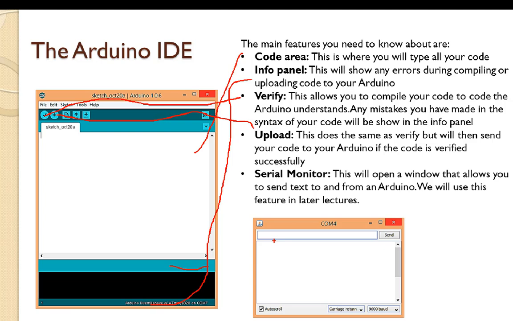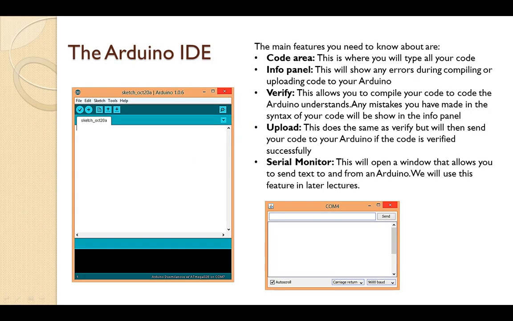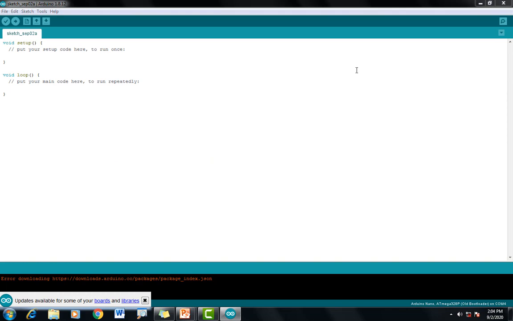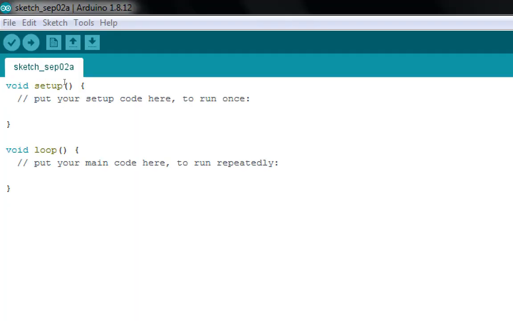So let me take you to the actual IDE. So this is how the actual IDE looks. As you can see, File, Edit, Sketch, Tools, and here, if you are not saving anything, it will show you today's date and the version of the IDE you are using.